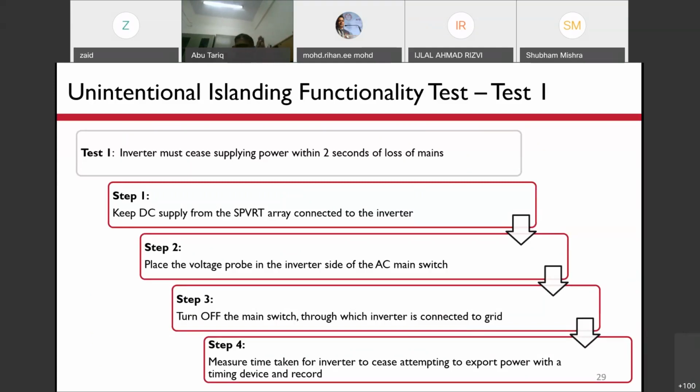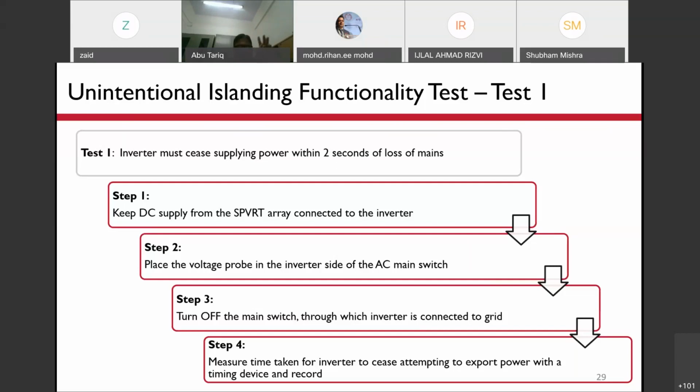We keep the DC supply from the SPV rooftop array connected to the inverter. From the PV array side, the cables come to the DC combiner box, and from there through an isolator to the inverter. We keep that isolator connected, so the DC supply is connected to the inverter.